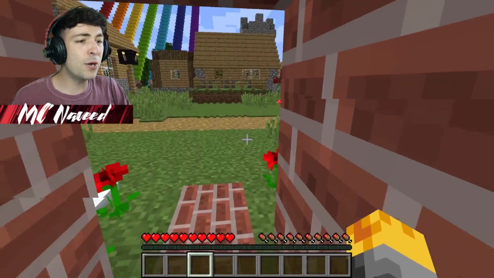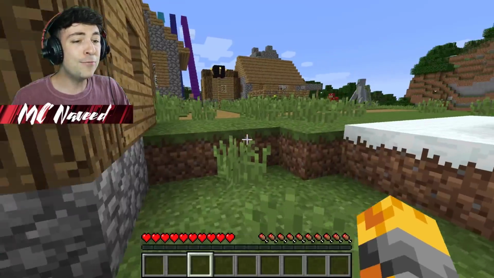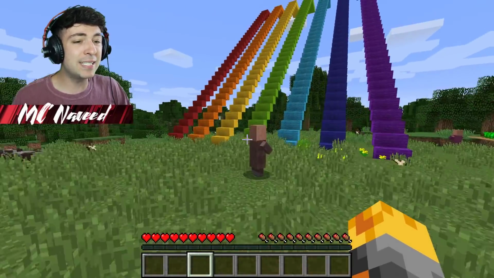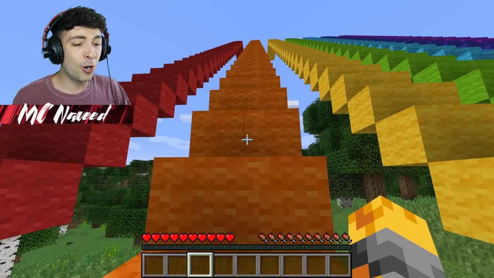Wait, is that TNT still blowing up? Okay, whatever's going on is getting pretty intense around here. We really got to get away from here. Villagers, run for your life! There's literally TNT everywhere. But whilst we go ahead and do that, let me head up the orange steps and